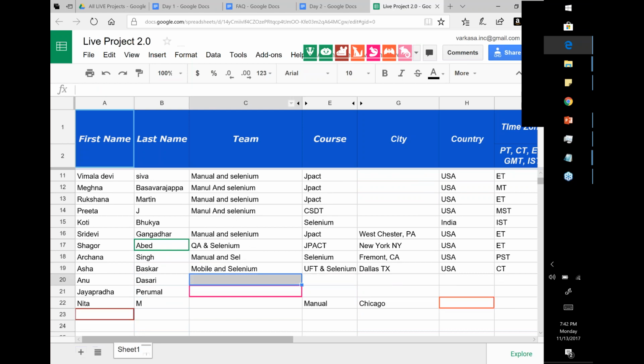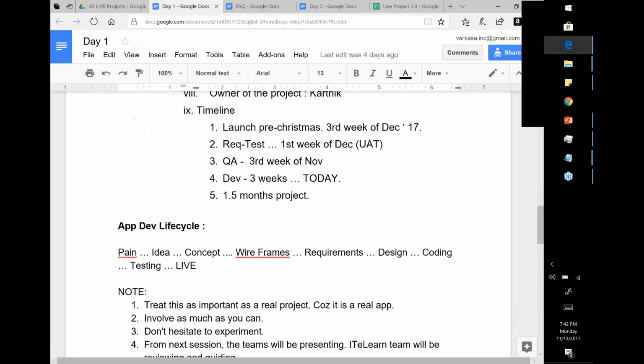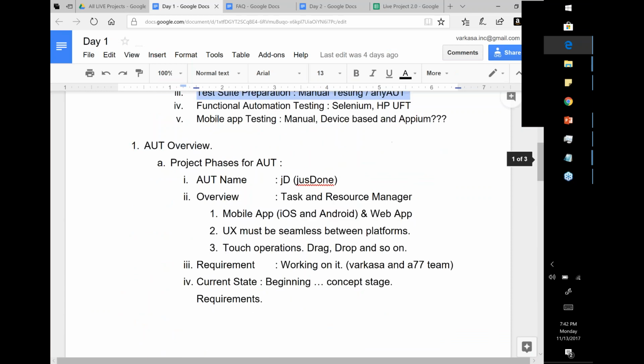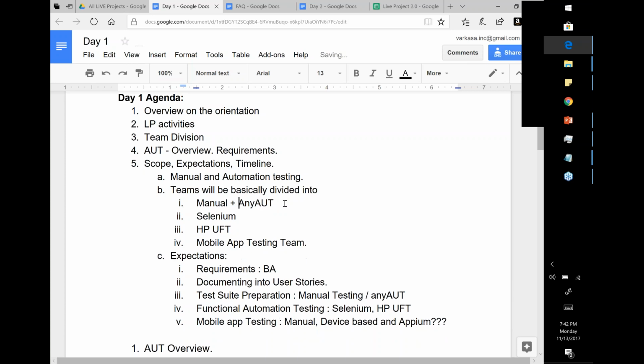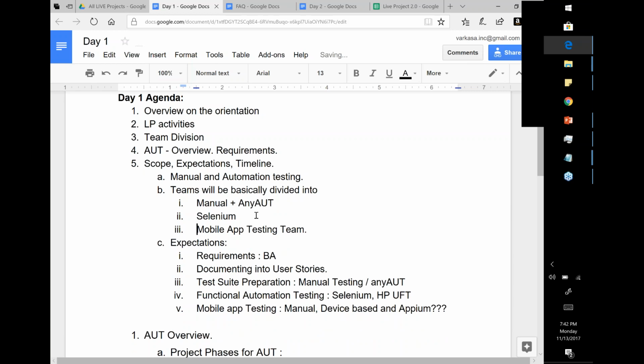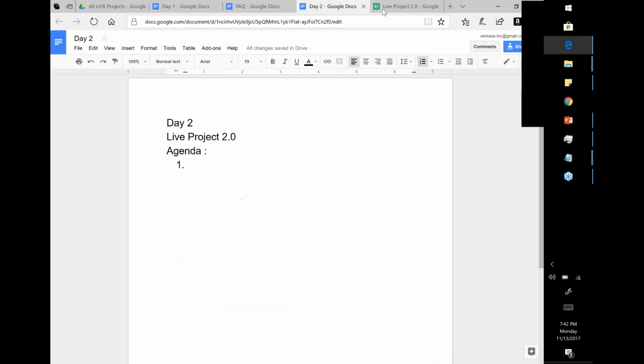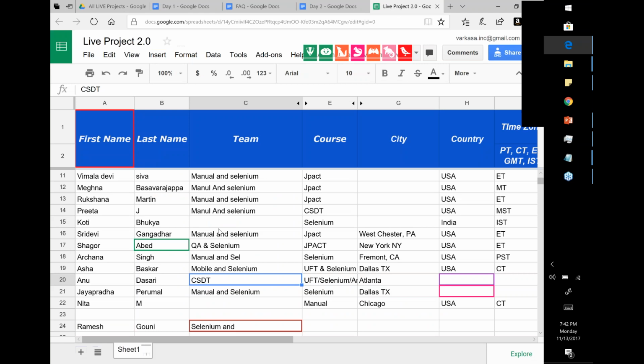I think I need to make one change then. I'm going to combine these two into one team. Manual and AnyAUT. Not manual plus ALM Jira, manual plus AnyAUT. That's what we require. Selenium can be by itself. Definitely we need a mobile app testing team, and all of you should be able to work with this. So anyone in this sheet,